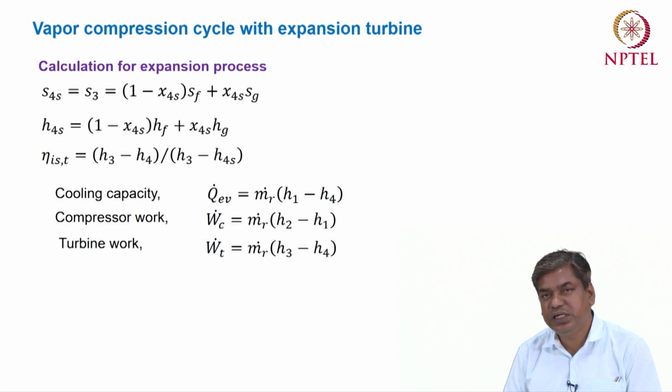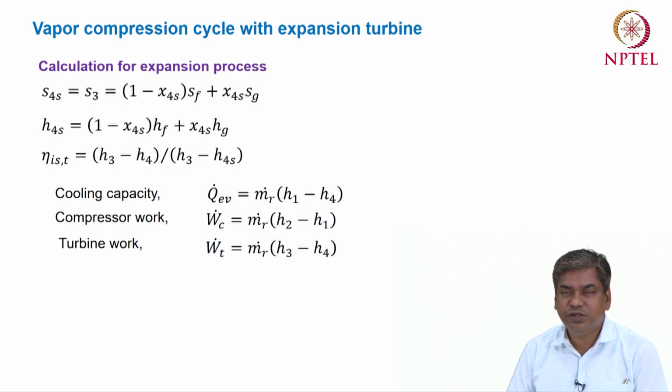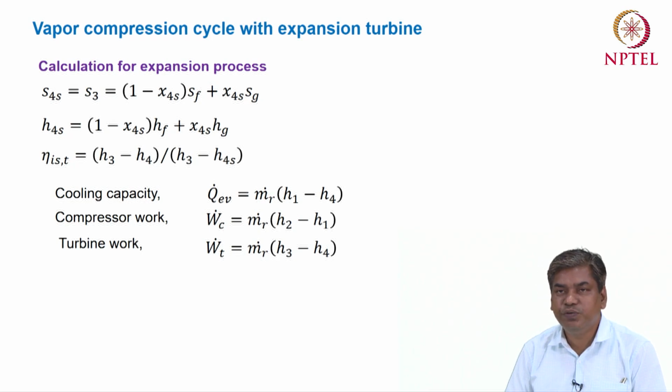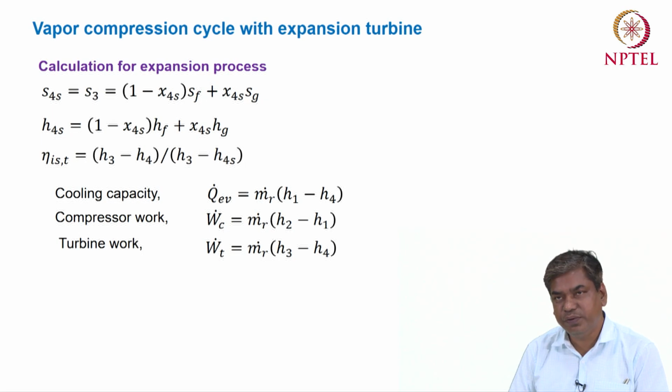So, for the same pressure difference in the case of the compressor and turbine, because in the case of the turbine, that is basically initially the liquid phase and then after that the two phase, obviously for this case the density is high as compared to the density handled by the compressor. So, the turbine work is very less as compared to the compressor work. So, the net work that we have to give to the system is basically the compressor work minus the turbine work.